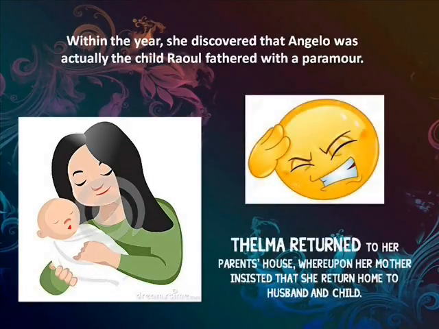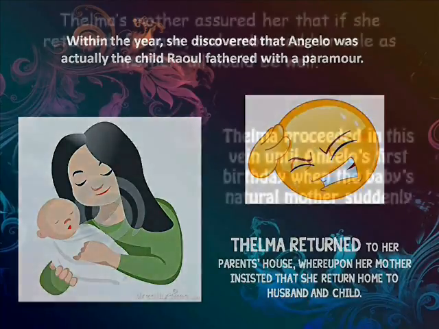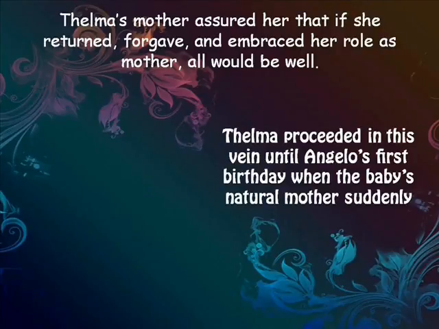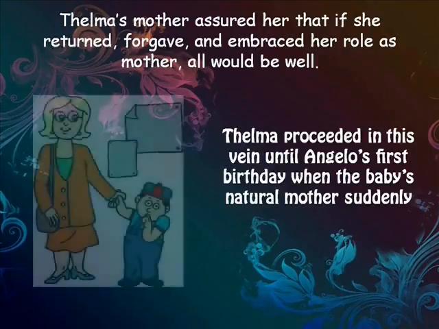Angry and hurt, Thelma returned to her parents' house, whereupon her mother insisted that she return home to husband and child. Thelma's mother assured her that if she returned, forgave Raul and embraced her role as mother, all would be well. Thelma proceeded in this vein until Angelo's first birthday, when the baby's natural mother suddenly appeared to reclaim her